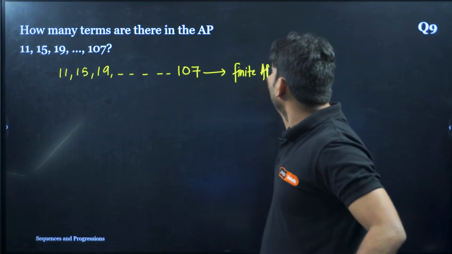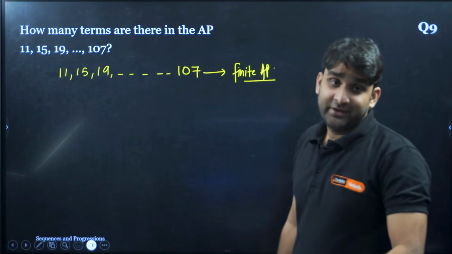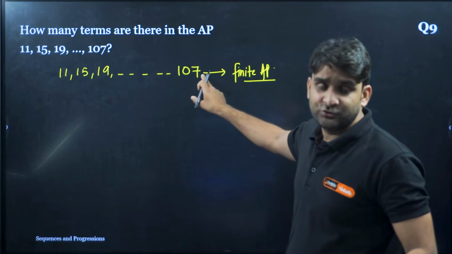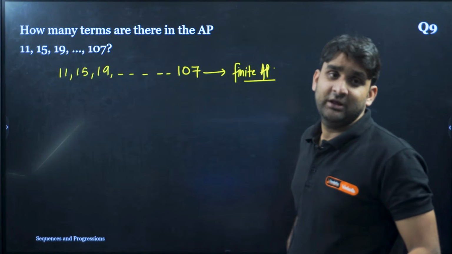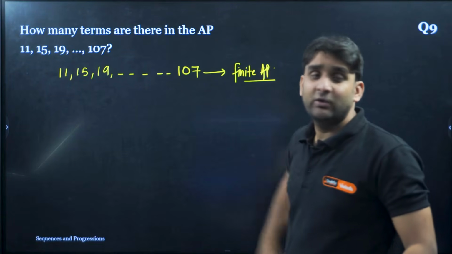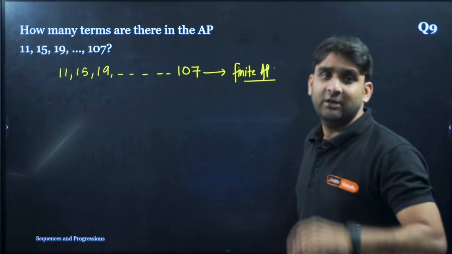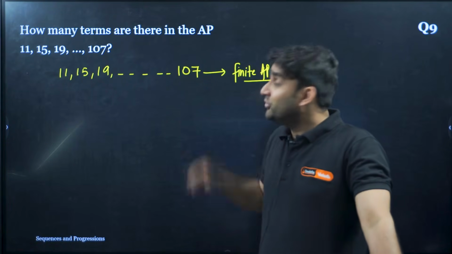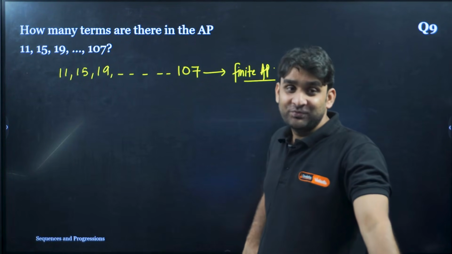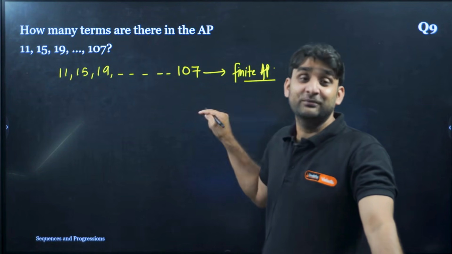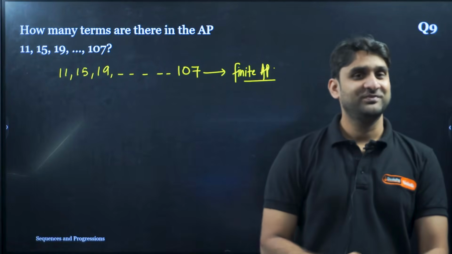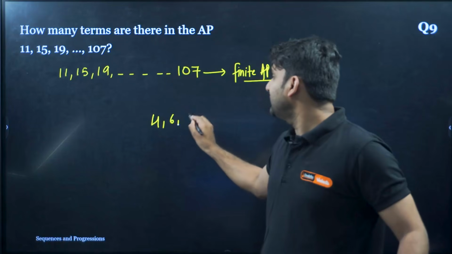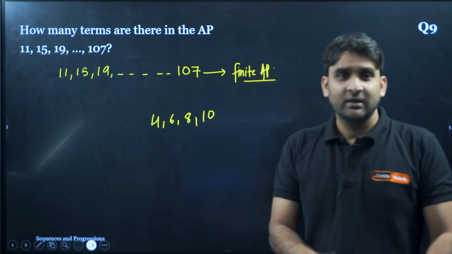Finite AP. Yes, because AP has an end. If 107 would not be there, this AP would have become an infinite AP. But here there is a last term, 107. So if the last term is given to you, the position of that term will be the total number of terms. Clear, everyone? For example, if I am writing an AP 4, 6, 8 and 10, what is the last